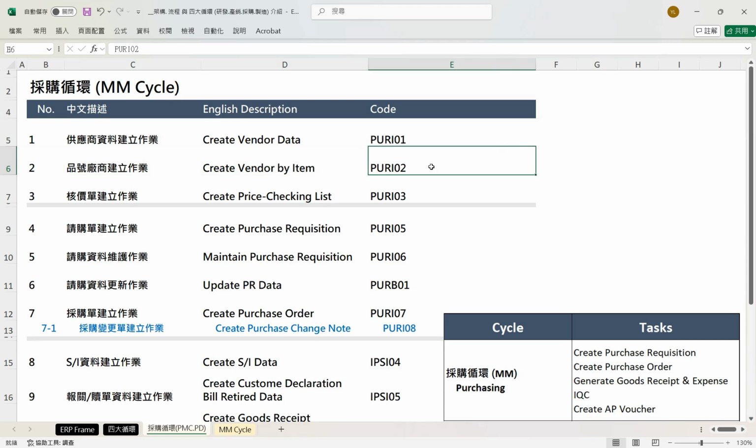Once the vendor material association exists, the next step is to generate a purchase unit price for this association. The purchase unit price is generated through the price approval form creation process. This process uses an electronic sign-off procedure to approve the purchase price. The program name is Create Price Checking List. The program code is